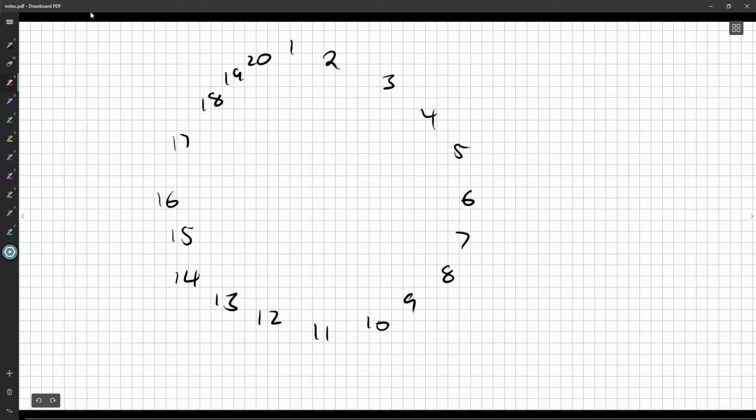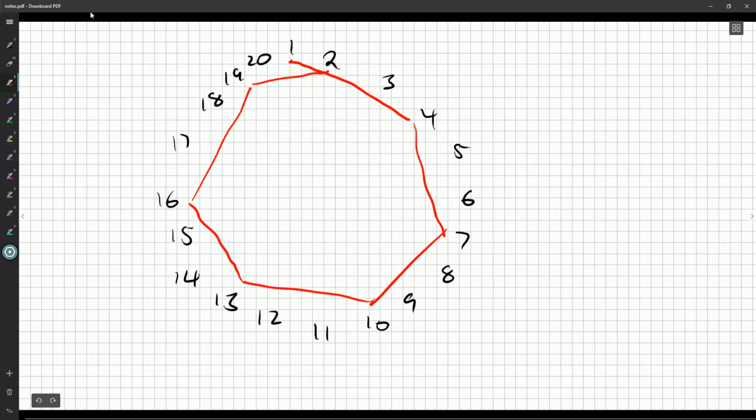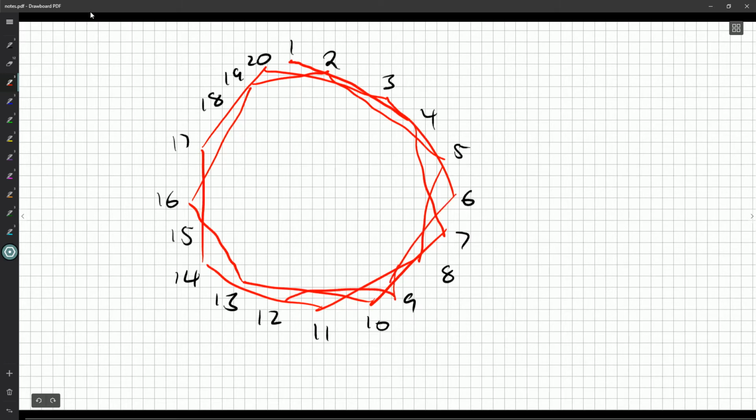So if I used 1, 1 would go to 4, which would go to 7, 10, 13, 16, 19, but it doesn't close up at 1. It would then go to 2, and then 5, and 8. So why is this happening? Why isn't it closing up nice and neat? It goes to 3, and then 6, and 9, and then 12, 15, 18, and then finally we're back to 1. And I think it has to do with the fact that